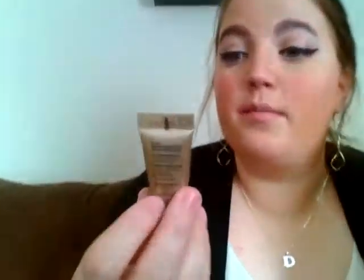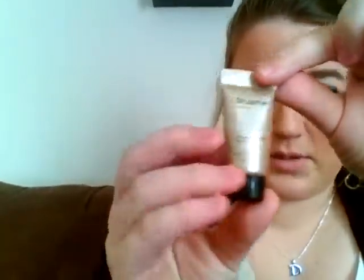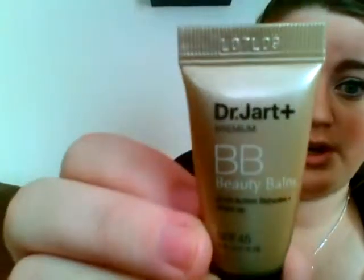I guess I'll keep going with the whole skin thing. Actually, I'll talk about one of the BB creams I've been using. And this came, again, in one of my subscription services, and it's the Dr. Jart BB cream, and it has SPF 45 in it, and it's in the color,